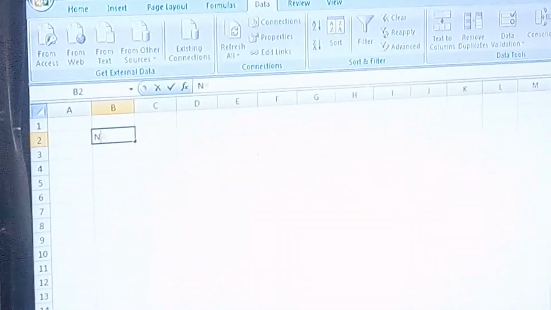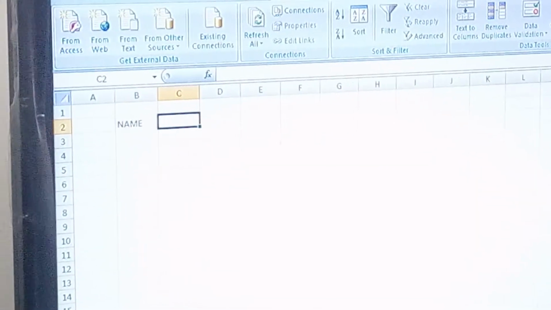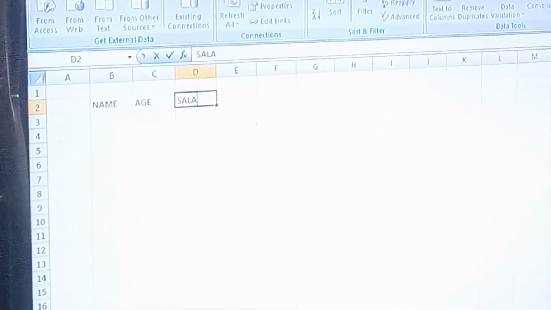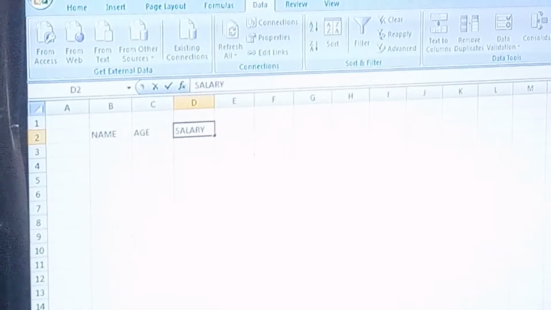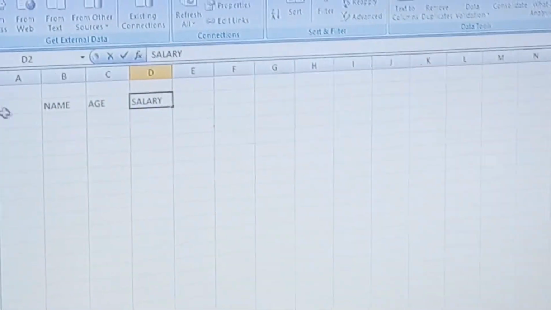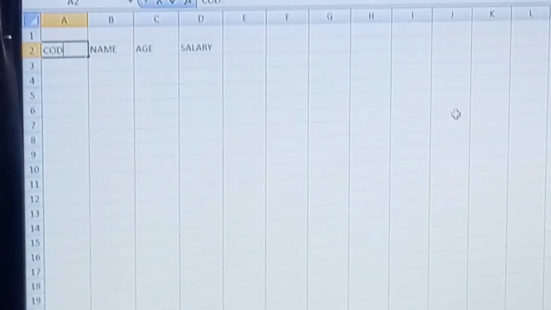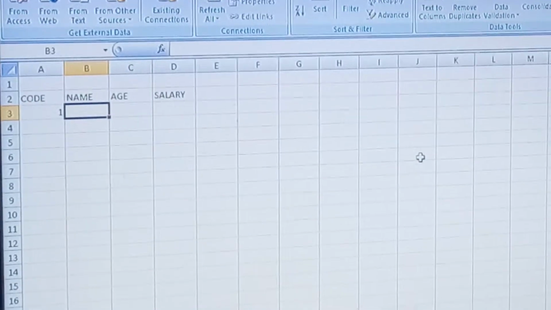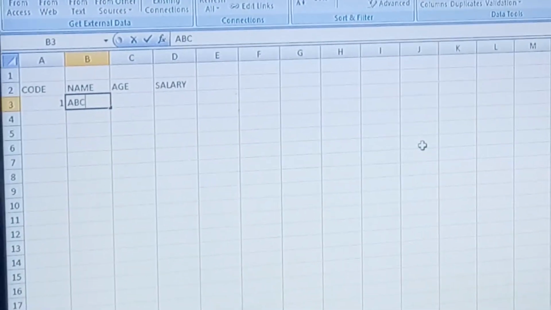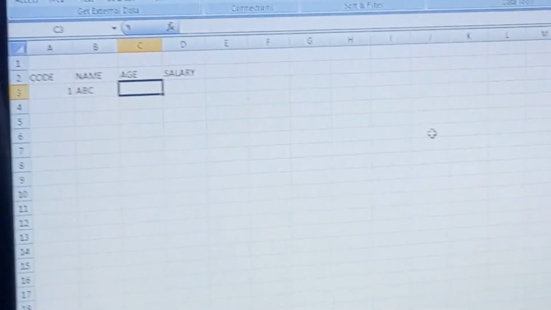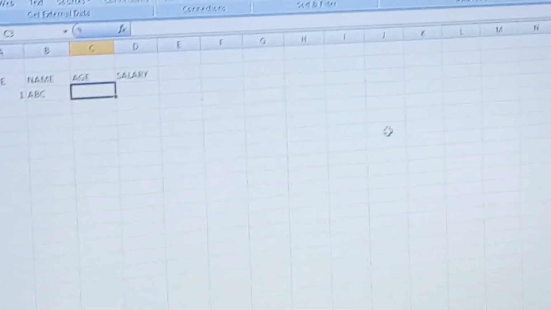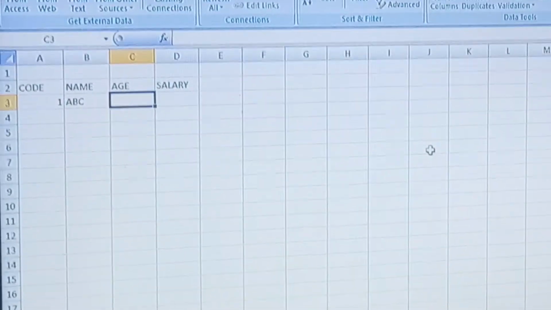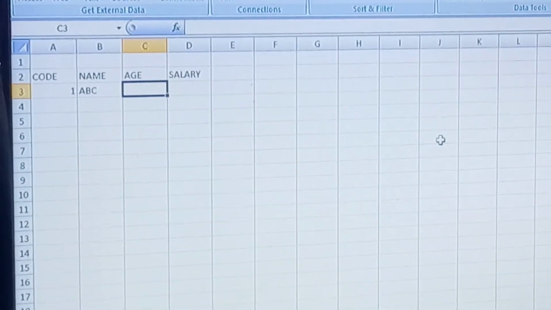Suppose I want to create a database: name, age, salary. Suppose it is code 1, name ABC. Now suppose it is a recruitment process and we want the age to be between 21 and 35.